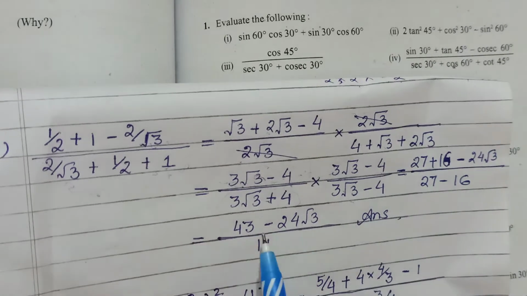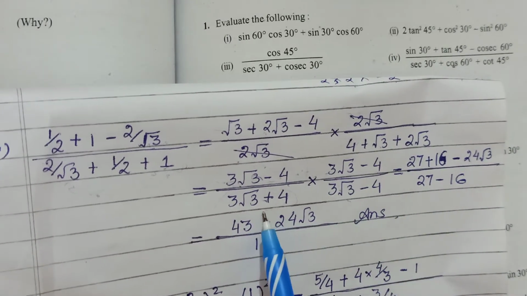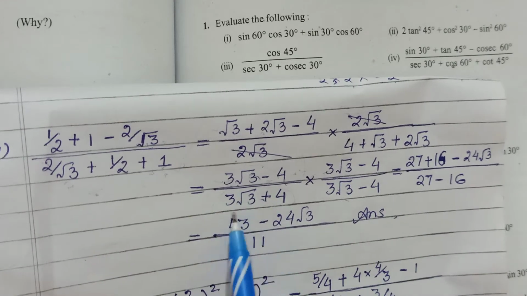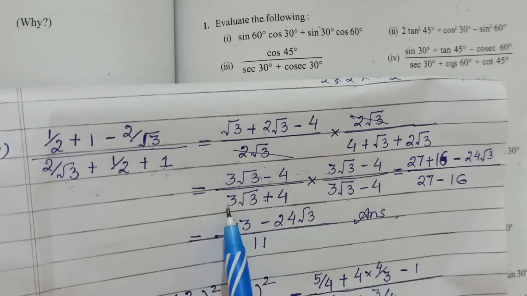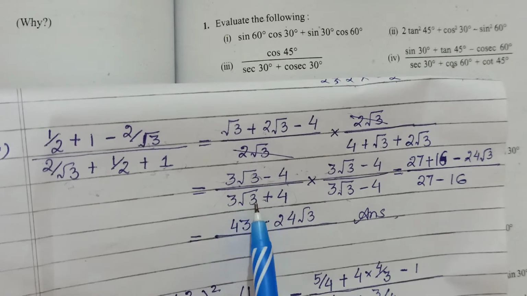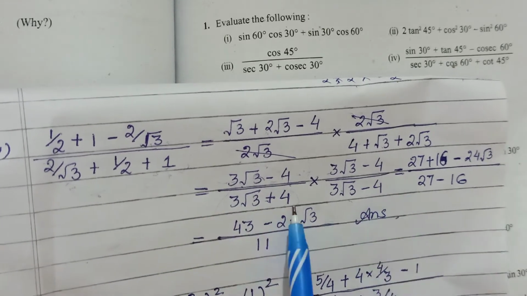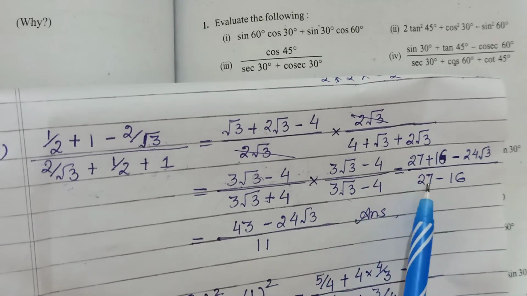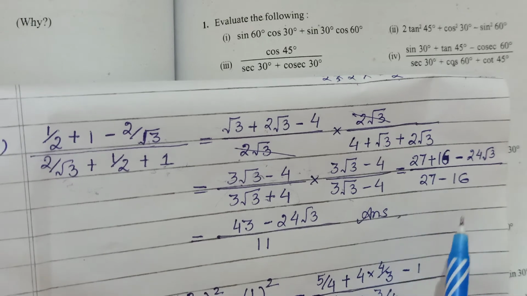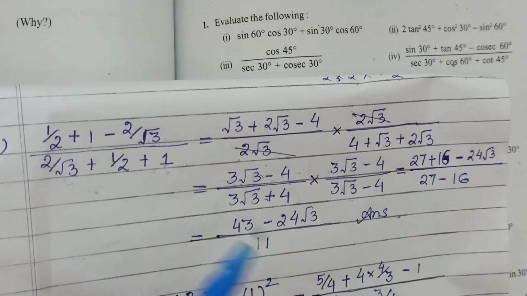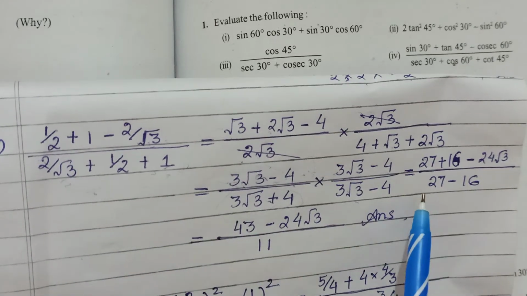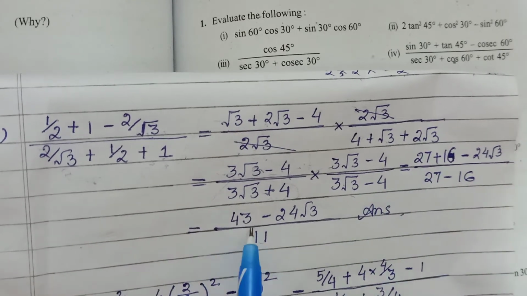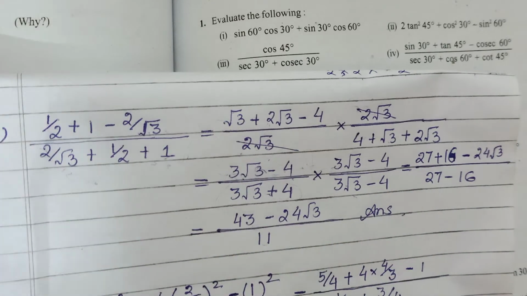In the denominator again, a plus b, a minus b will become a square minus b square. So that becomes (3 root 3) square, which becomes 3 3s are 9, root 3 into root 3 is 3, so 9 3s are 27, and minus 4 square, that is 16. So a plus b, a minus b, a square minus b square. If you are good at calculation of radical signs and all, it is not difficult, but that is what is important here. So 27 minus 16 becomes 11, and this becomes your answer.